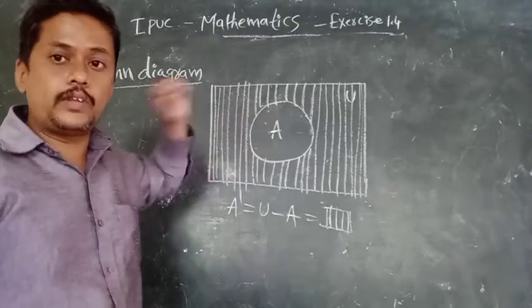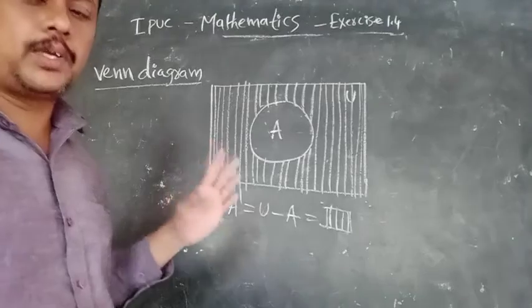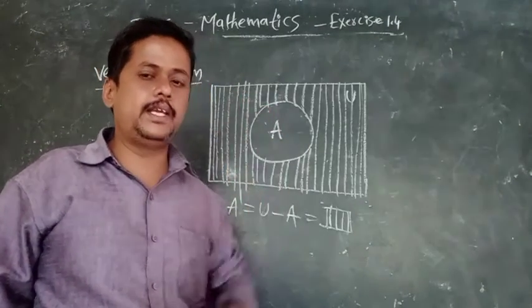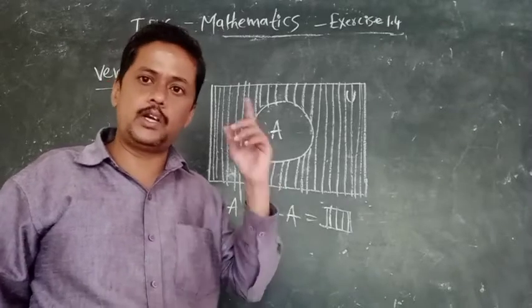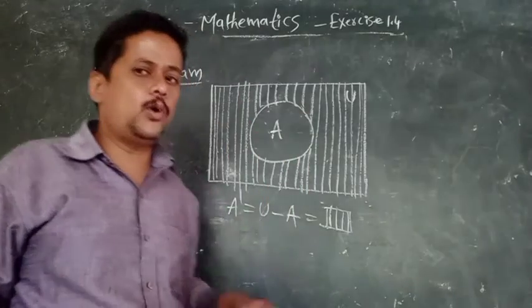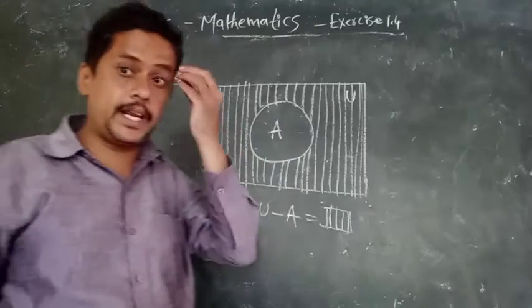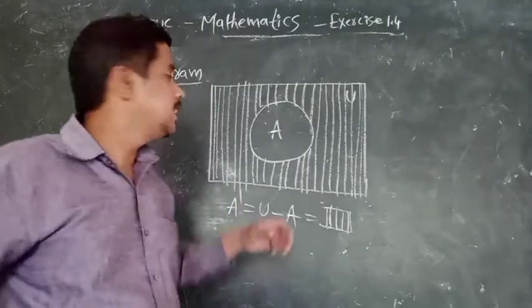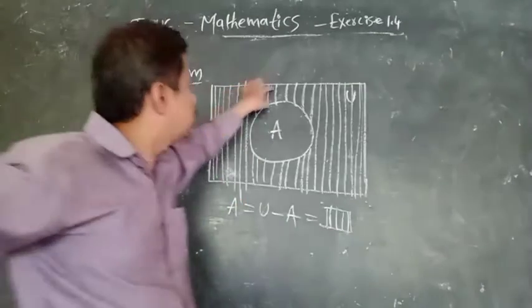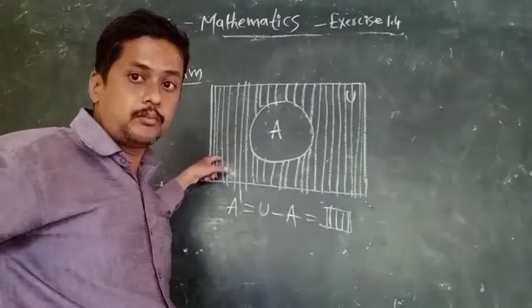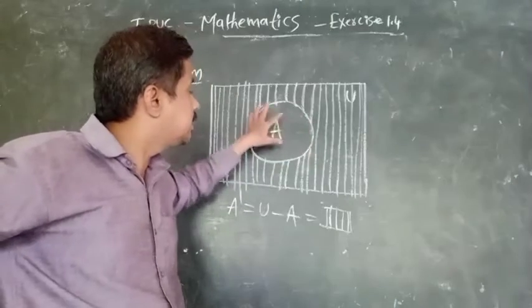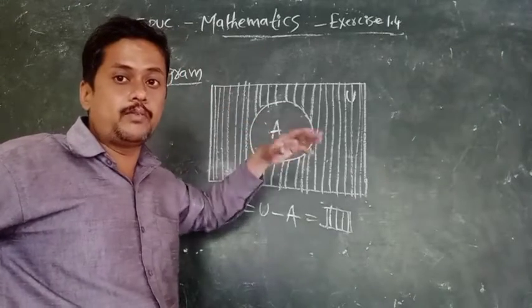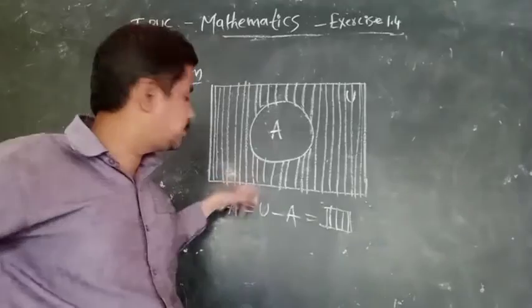Understood? If you look at it, you will understand what it is. So by observing the diagram, for easy understanding, John Venn, the English logician, introduced Venn diagrams, as already told. If you look at the diagram, you understand, and you get a clear-cut picture. So what does A dash mean? The elements contained in U, the universal set, but not in A. So A is emptied, did you see? So we are removing A from this U. That's why A dash equals what?